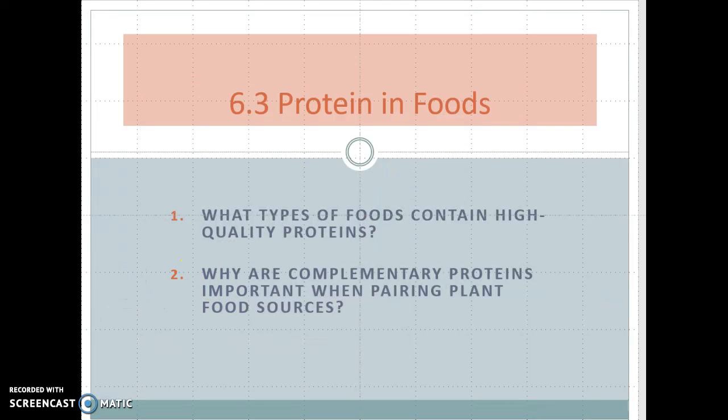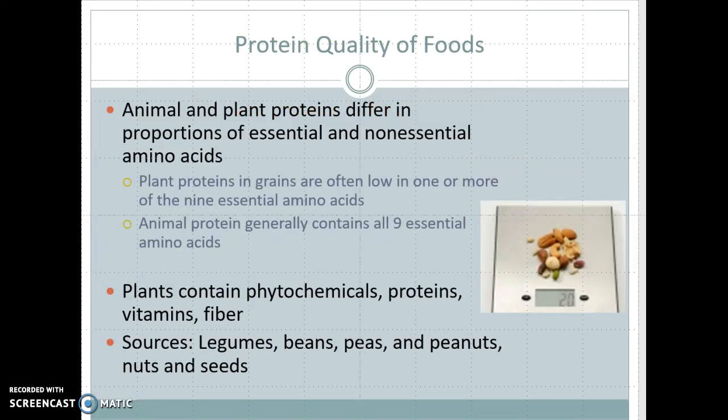Another thing that's important in this chapter would be the protein in foods. Like, where do we get protein in foods? So there's different quality of protein, just to know that if you're a vegetarian, then you might need different foods. So here the animal and plant proteins are a little bit different. Not all the plant foods have every one of the 9 essential amino acids. In meat, it always contains the 9 essential amino acids, but in plants and vegetables, you have to make sure